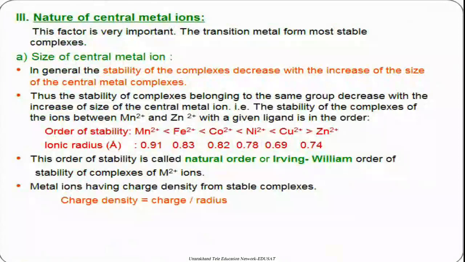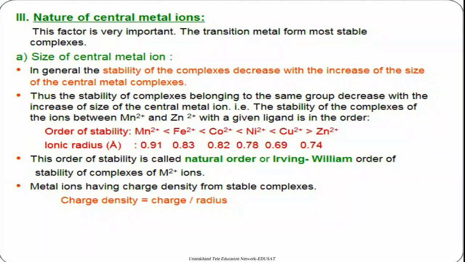Next point is the nature of the central metal ion. This factor is very important. The transition metals form the most stable complexes. Number one, the size of the central metal ion. In general, the stability of complexes decreases with the increase in the size of the central metal ion. Number two, thus the stability of complexes belonging to the same group decreases with the increase in size of the central metal